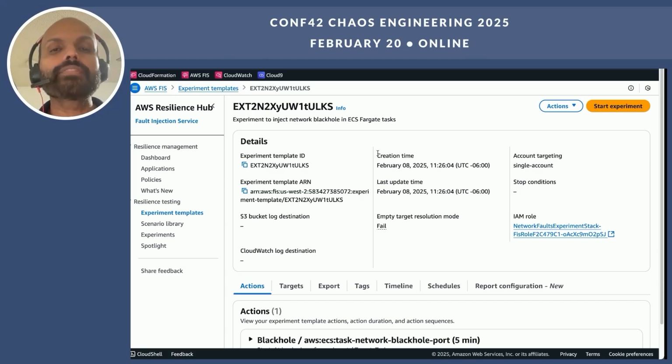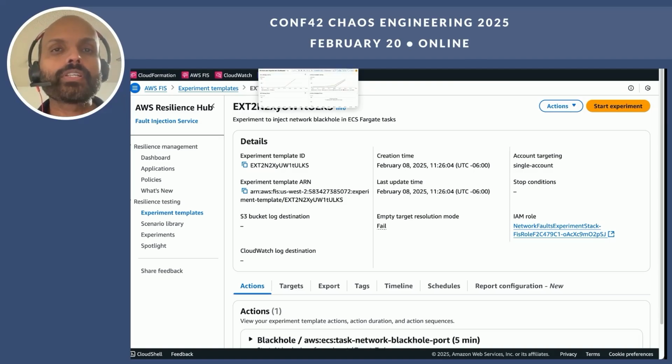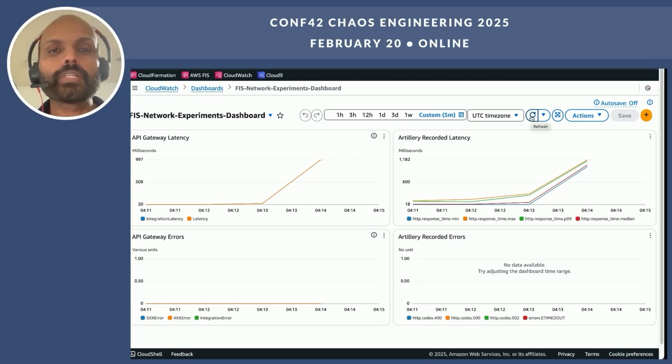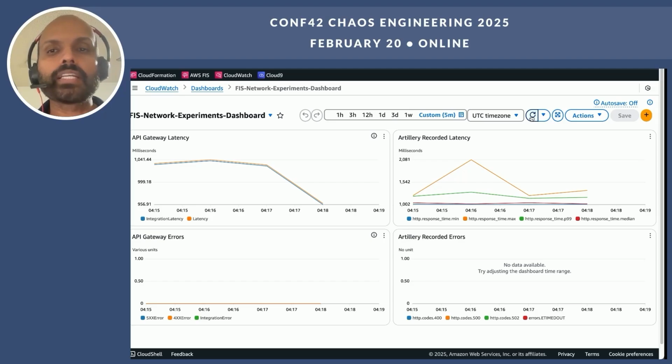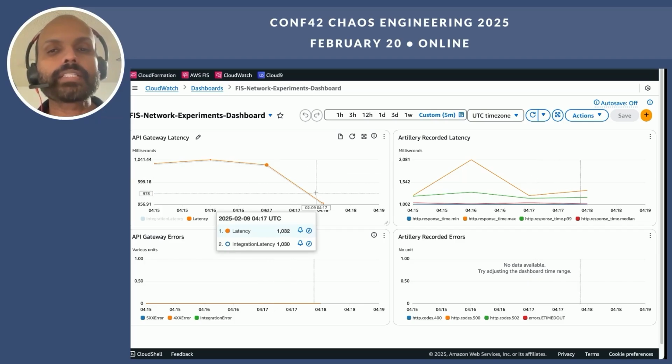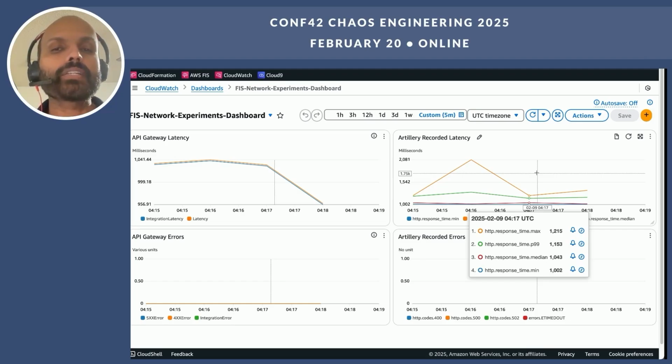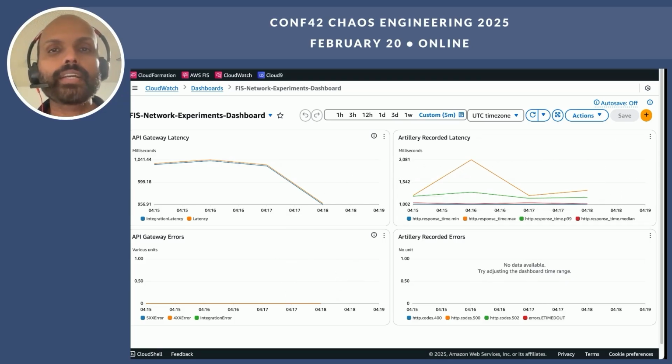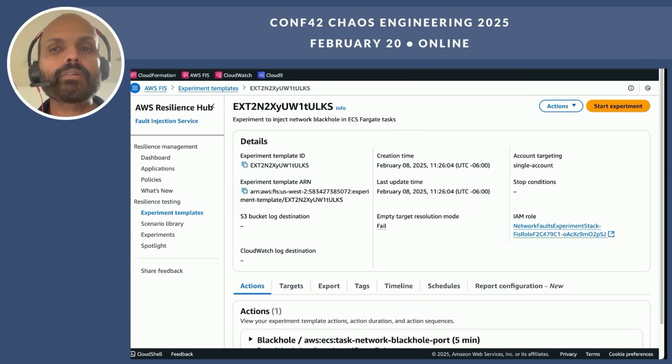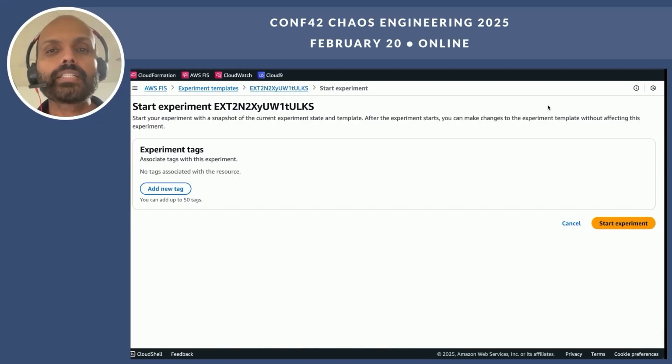So now let's see if that hypothesis is going to be valid or not. Before we do that, let's look at our observability tooling real quick and make sure that it is getting back. Yeah, so once our experiment is complete for latency, you can see that the metrics are getting back to their original state. So this will also help give us the confidence that our application is healing from that network latency event. Pretty easy.